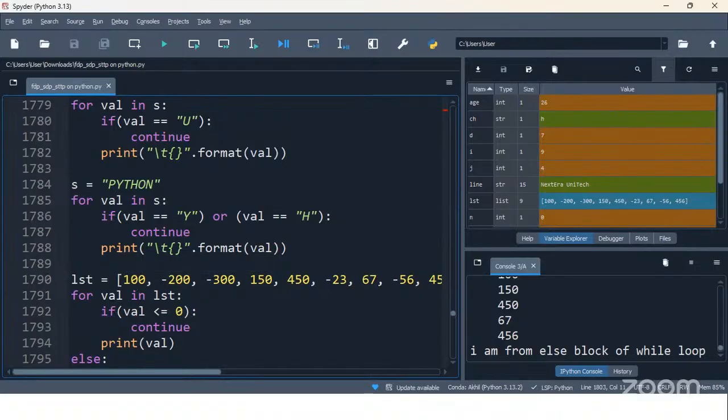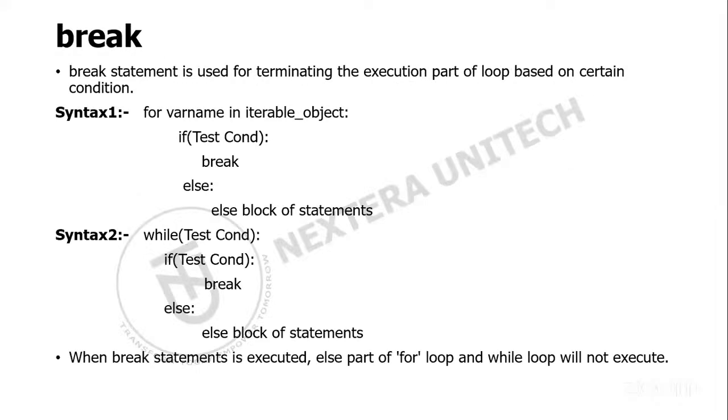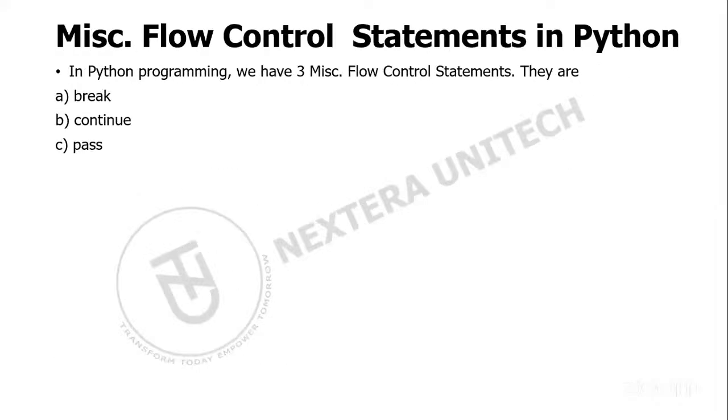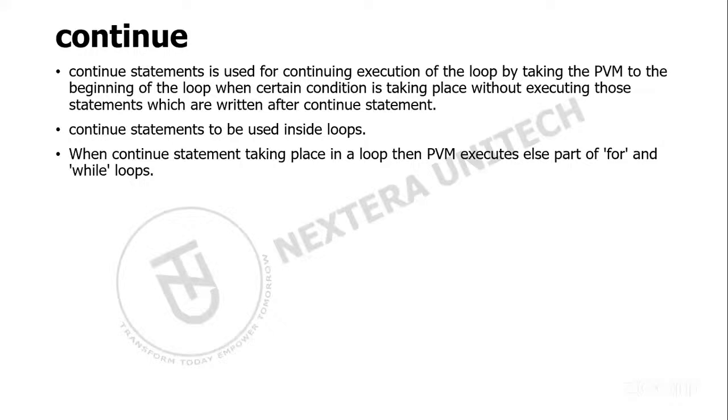A pass actually does nothing. It is used as a placeholder. The pass miscellaneous flow control statement that we have, when you want to run a loop where you don't want to have any output, then you can simply keep it as pass. There is no hands-on now with respect to pass because as it does nothing, we did not include it. But anyways,